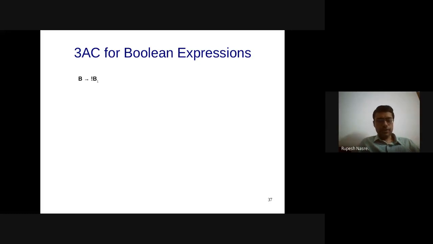Right? That is the IR that we are generating. Yeah, B dot code. So how will you set up B dot code? This part is a little tricky for some of us to understand, but once we explain it, hopefully it will become clear. So how should we set up B dot code, Kuldeep?